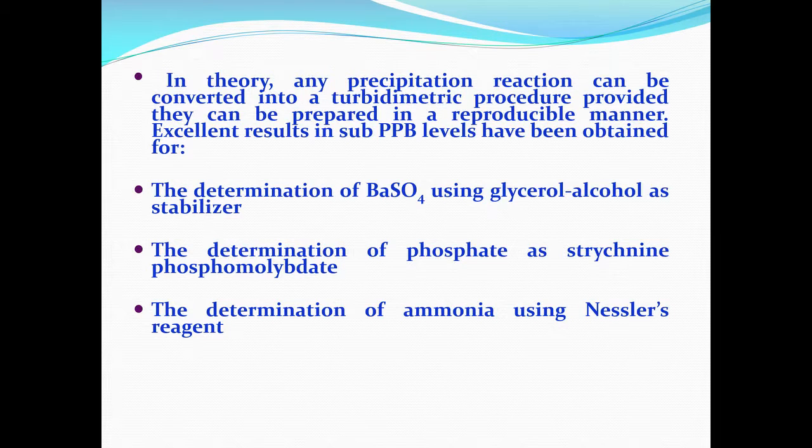Now, all you have to do is take a sample containing barium sulfate, add a little buffer to adjust the pH, and add barium chloride solution. So, barium sulfate will precipitate. To keep the precipitate in suspension, what should you be doing? You should add